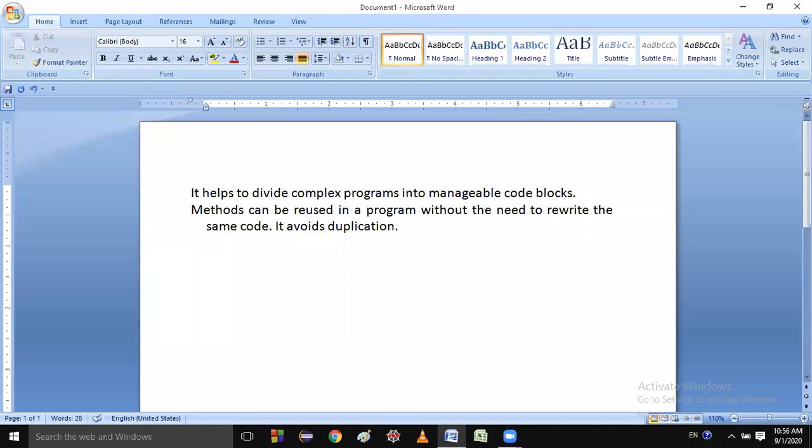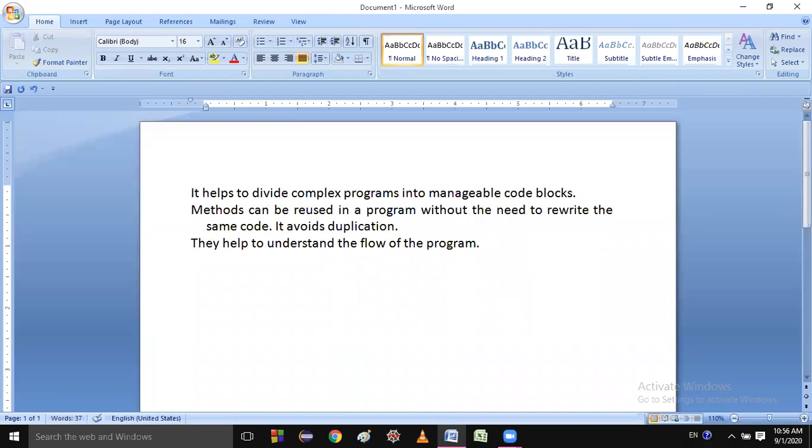They help us in understanding the flow of the program.